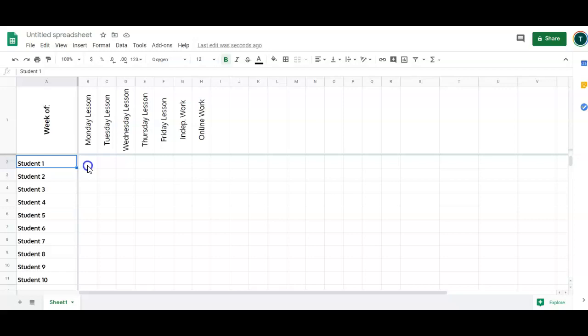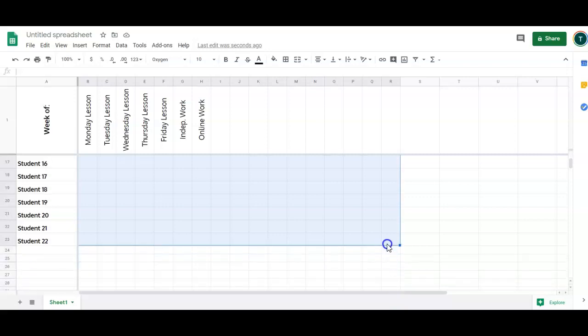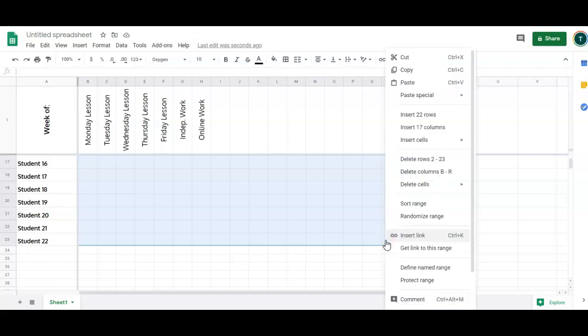So in order to make it a checklist, I'm going to highlight all of the cells that I'm going to want to be a checklist. So I'm going to go ahead and select all the way through R, which is what I resized, and I'm going to just hold down my mouse as I drag, and then come all the way down till I'm done finding my student. All of those are selected, and now I'm going to right-click